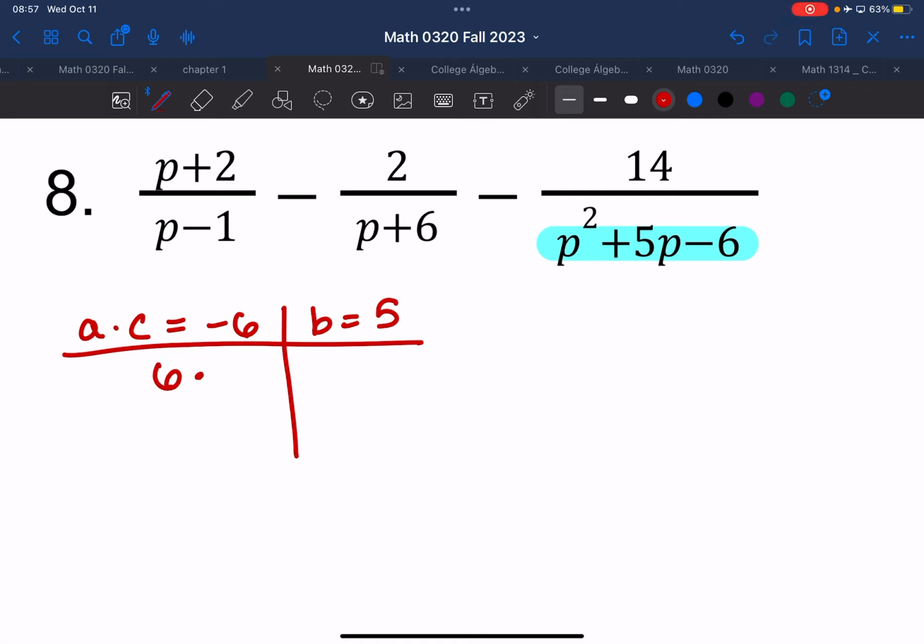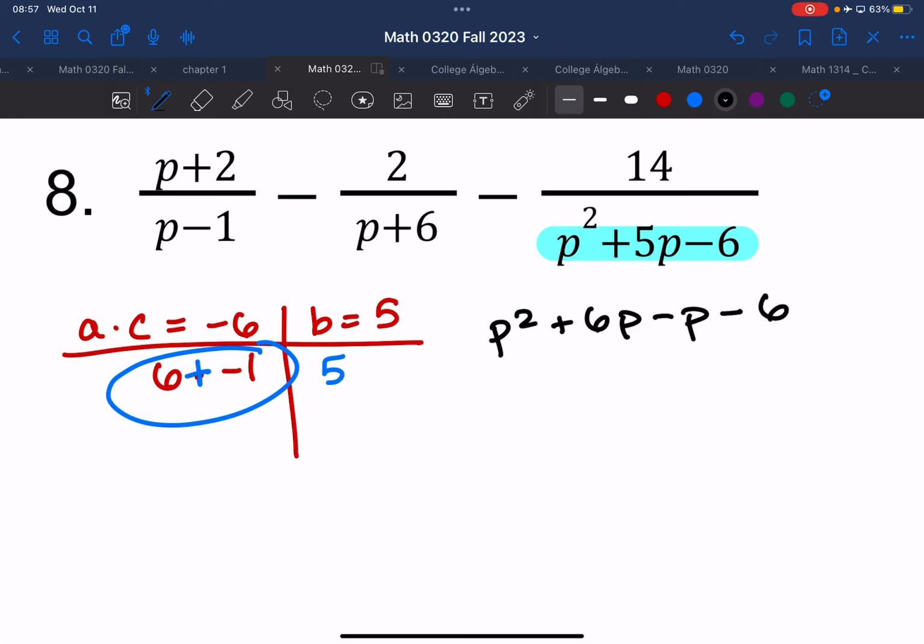So 6 times -1, if we multiply that, we get -6. And if we add 6 plus -1, we get a +5. So we're using the factors 6 and -1. So when I expand my problem, p squared plus 6p minus p minus 6, I'm now going to be factor